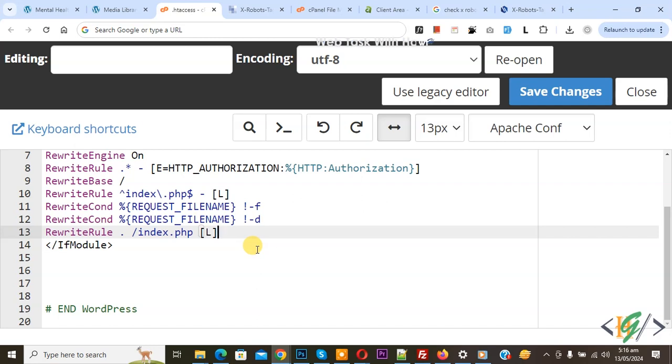Bismillahirrahmanirrahim. Assalamu alaikum. My name is Hassan and today we are going to block the robots.txt file from showing up in